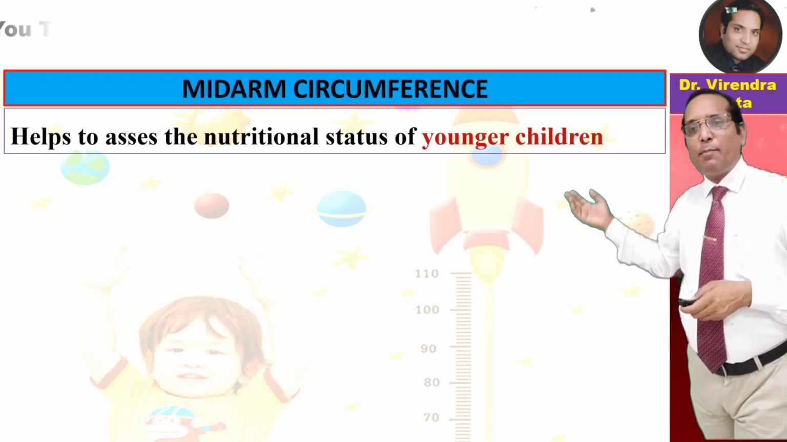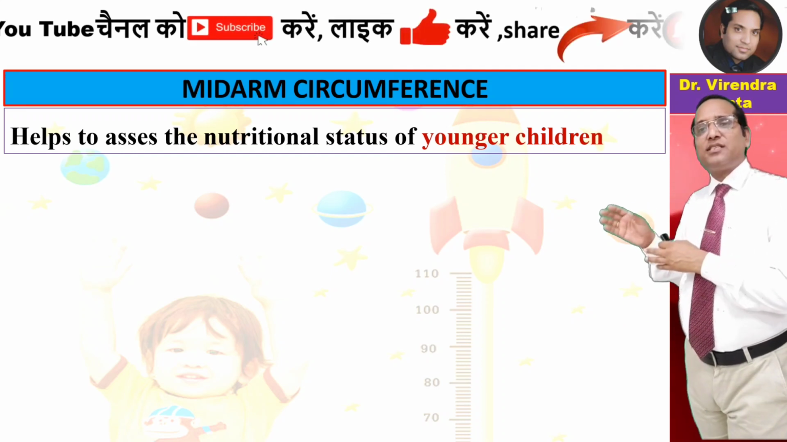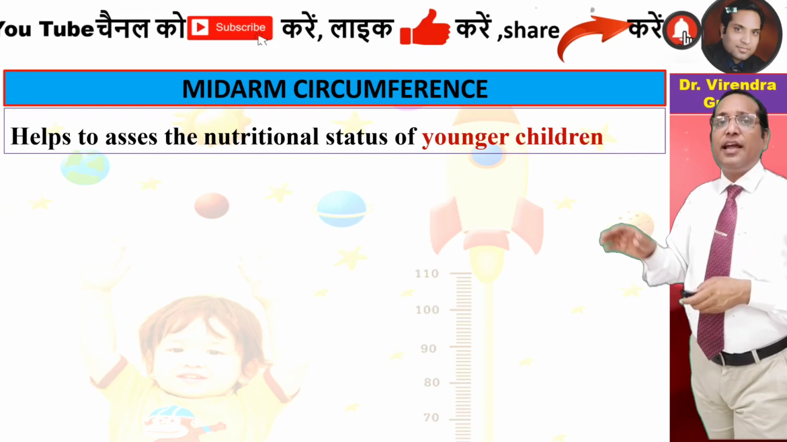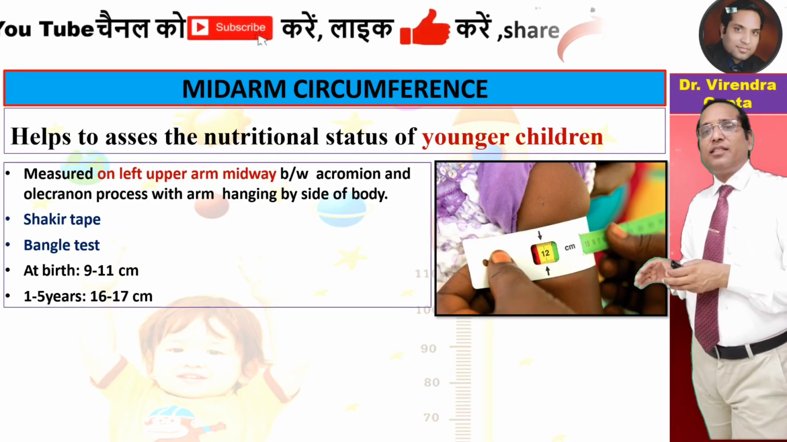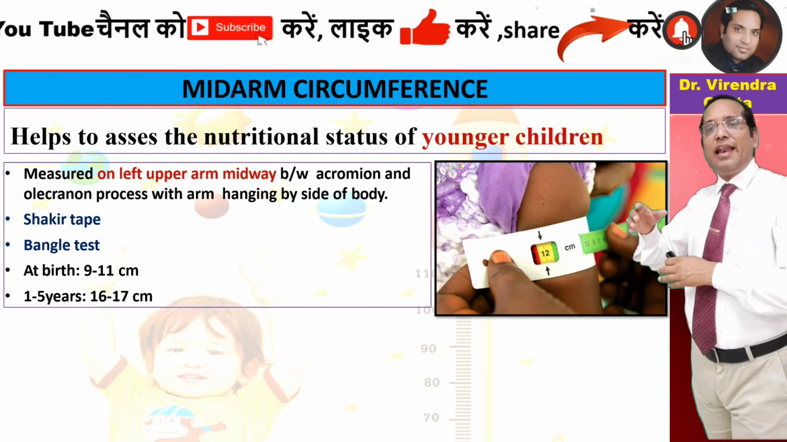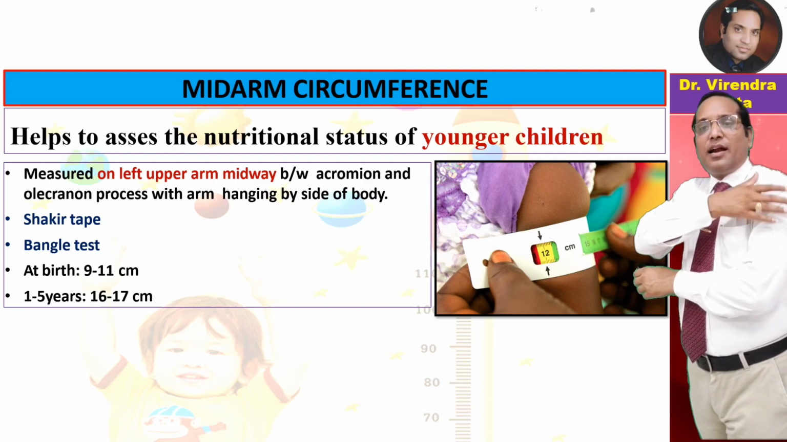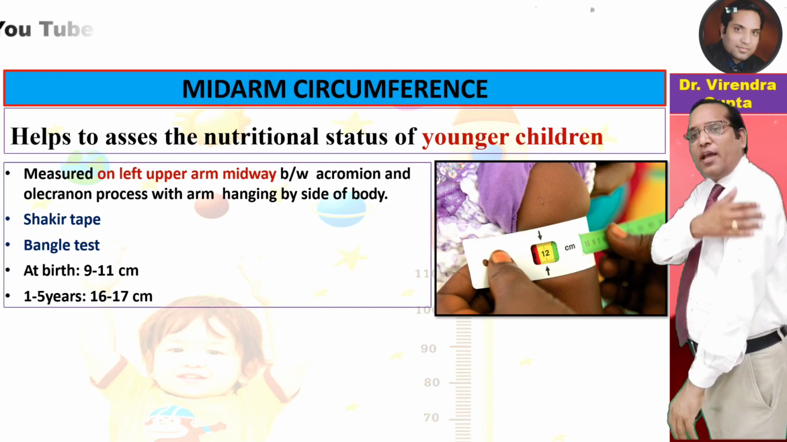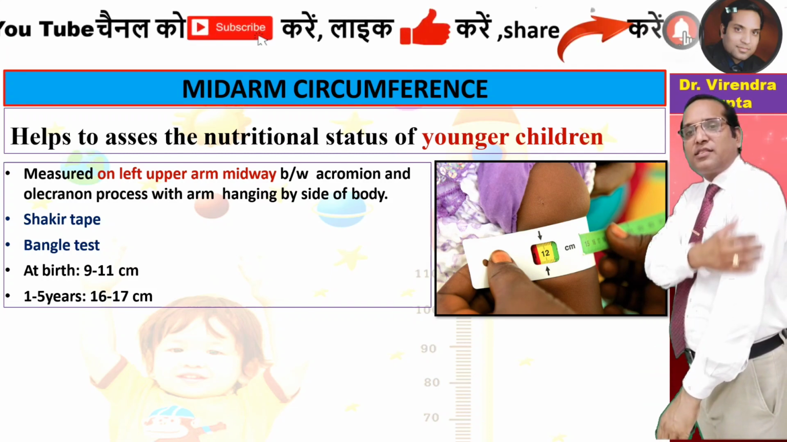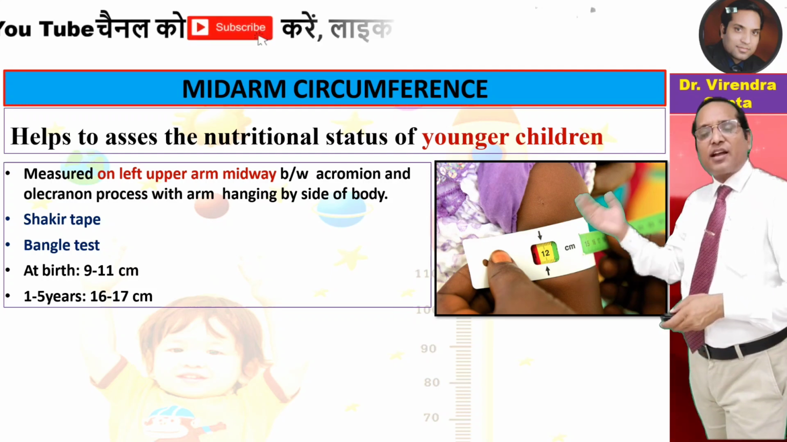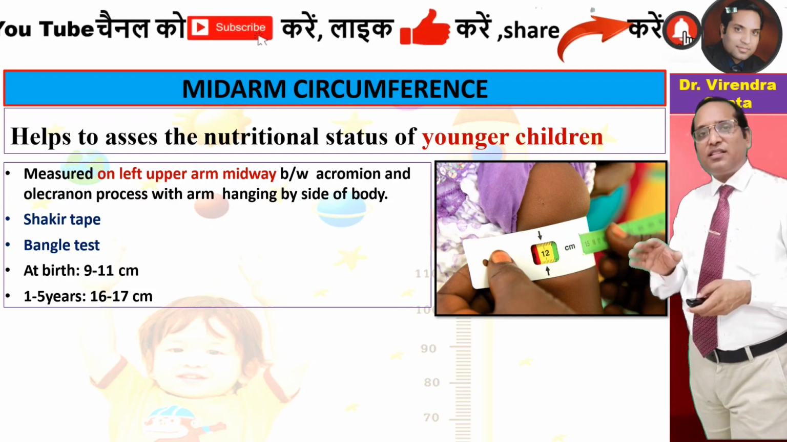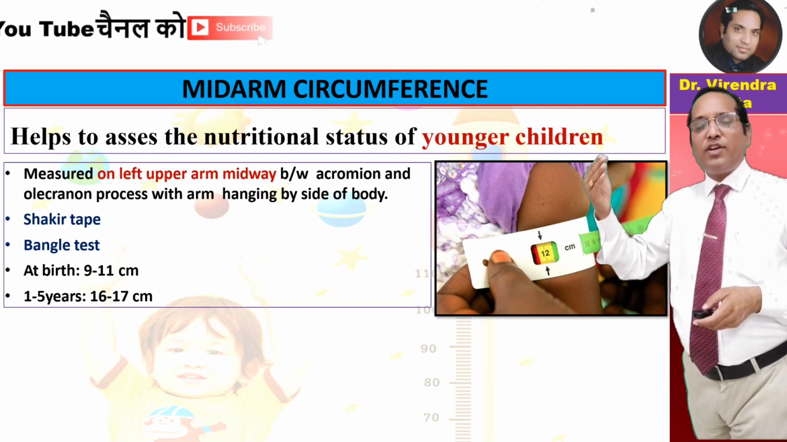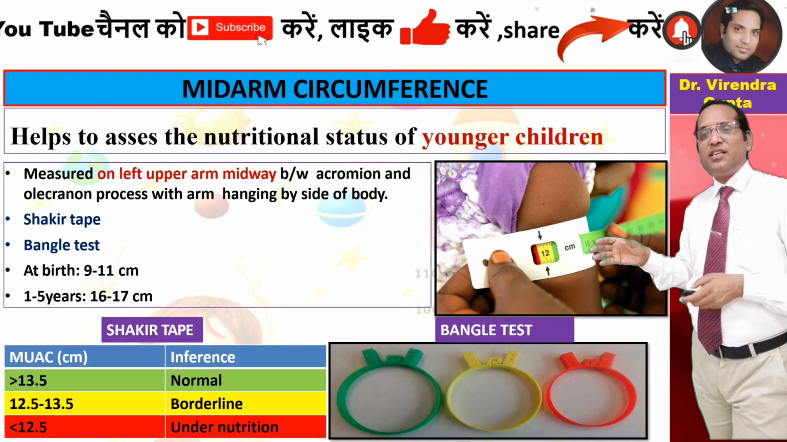And the next parameter is the mid-arm circumference, which helps to assess the nutritional status of the younger child, and it is an age-independent criterion. It can be measured in the left upper arm at the midway between the acromion and olecranon process, and the arm should be in the hanging position at the side of the body. It can be taken with the Shakir tape, Bengal's test, and at birth it is around 9 to 11 centimeter,